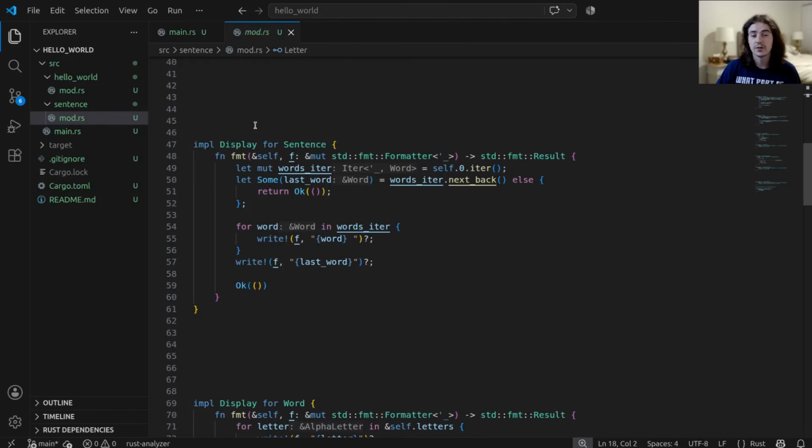So first, of course, we have to implement display for sentence, and that's super simple here. We make an iterator over all the words. We take the last word because we handle that one a little bit differently, and if there is no last word, that means there were no words, so we can just return early. Otherwise, we can take that right here, and then we'll save that for later,